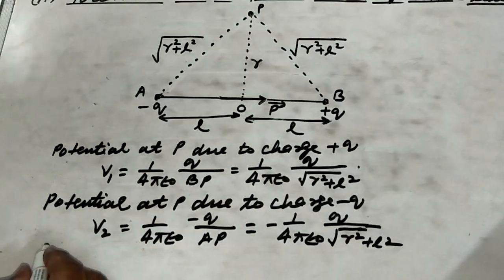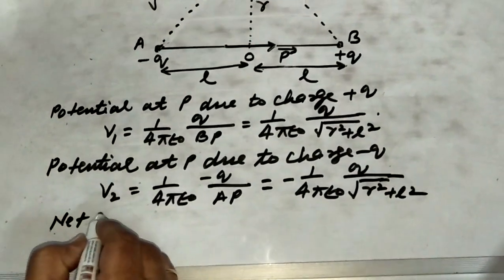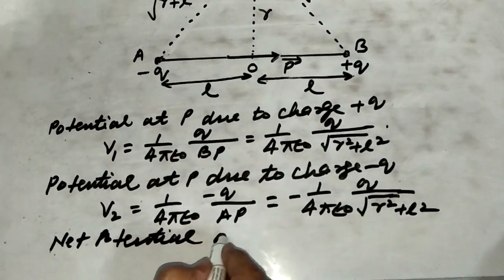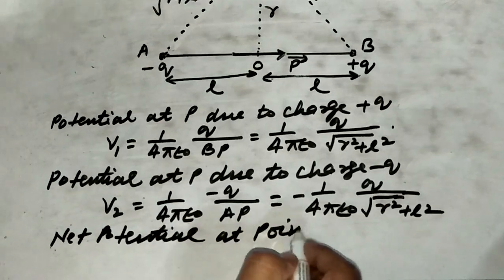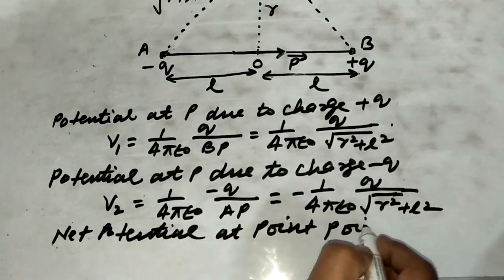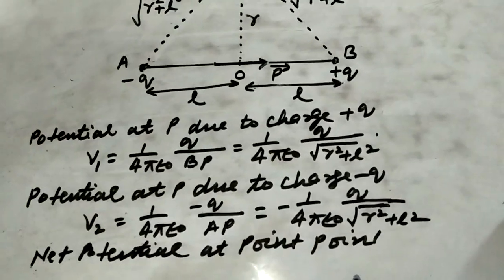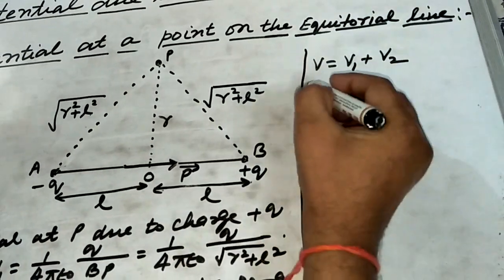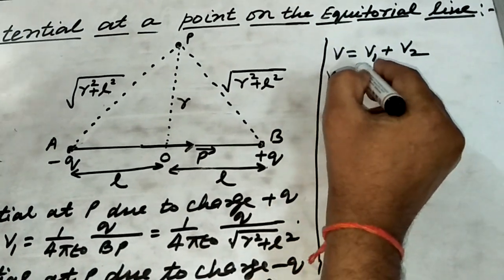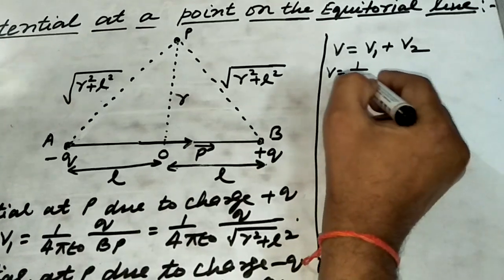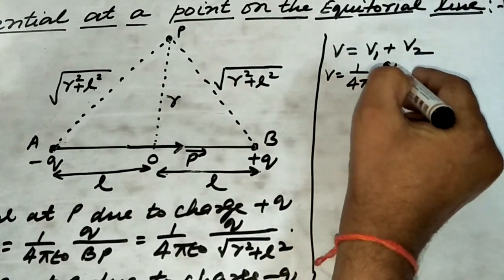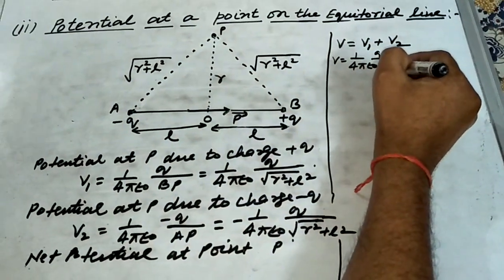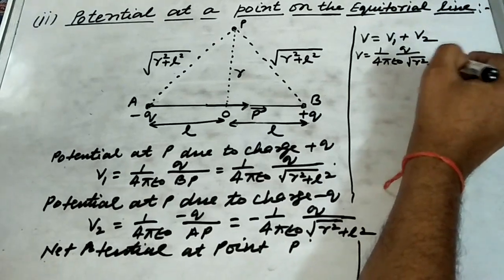So the net potential at point P means V is equal to V1 plus V2, or this net potential V is equal to 1 upon 4 pi epsilon naught Q upon root r square plus L square,